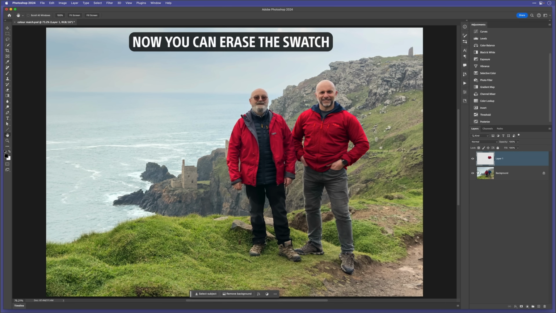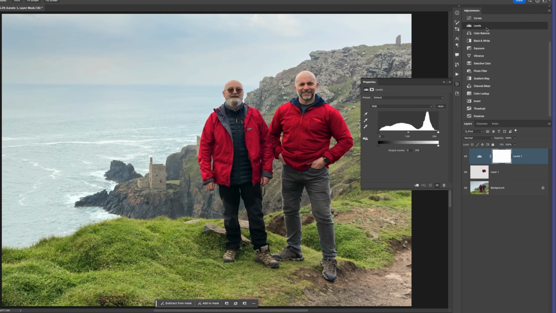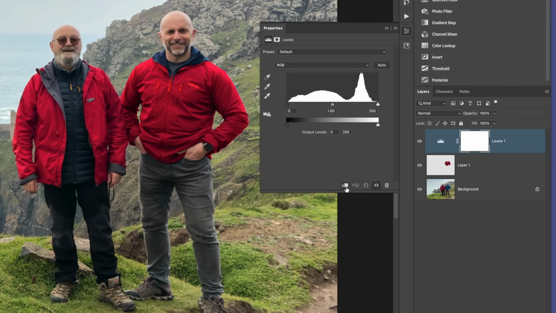So we've changed it to red, but we just need to adjust it slightly now, and we can do that by adding a levels adjustment layer. We also need to make this a clipping mask so that what we now do only affects the jacket layer directly below and nothing else. So I click on the clipping mask icon and we can see the clipping mask symbol now linking the layers